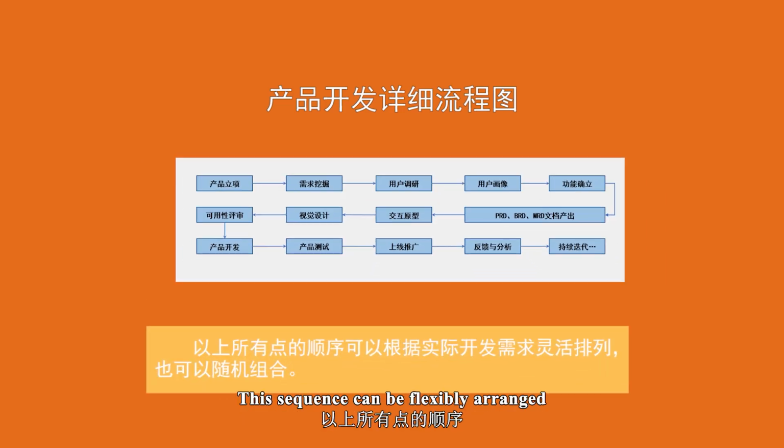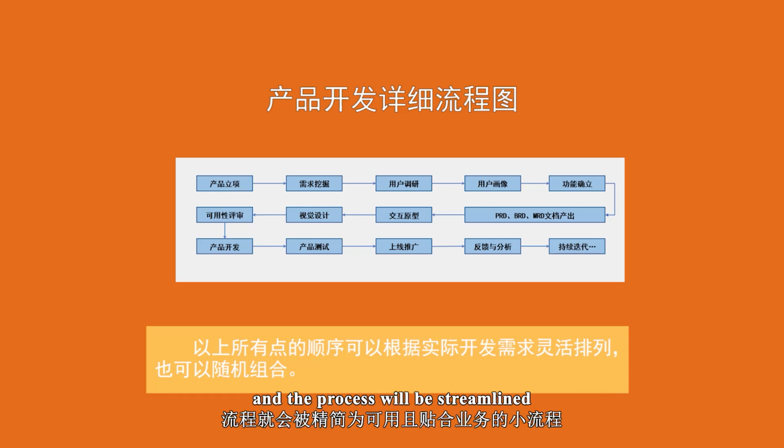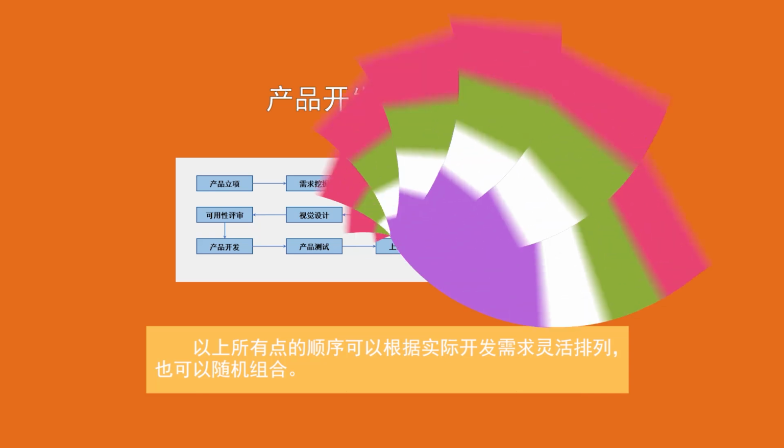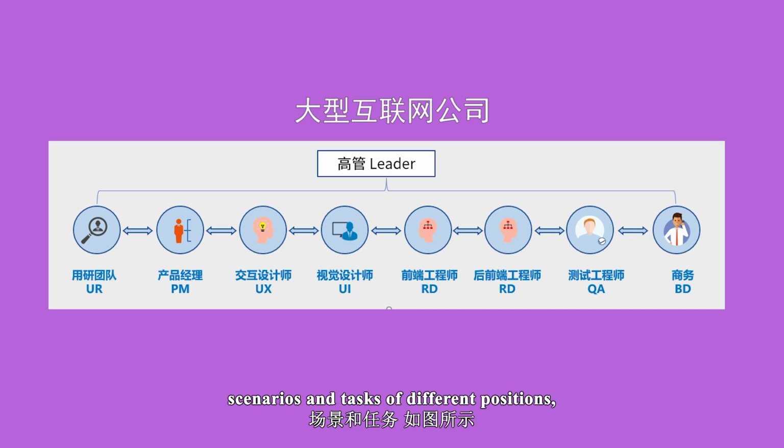This sequence can be flexibly arranged based on actual development needs. It can also be randomly combined. Sometimes processes may be comprehensive for large projects. Sometimes the project needs to take small steps quickly, and the process will be streamlined into a usable and business-related small process. Next, let's take a look at the roles, scenarios and tasks of different positions, as shown in the